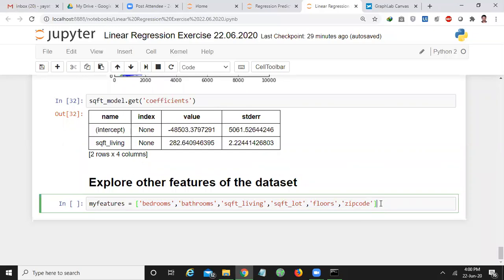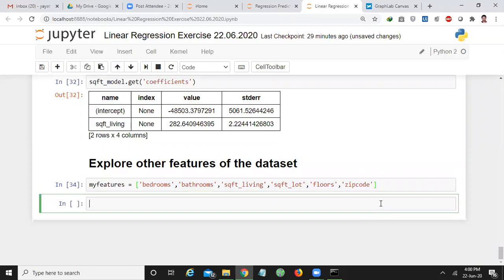First of all, I want to study these features. For that, what I want to do is houses of my features dot show.